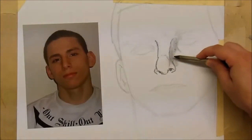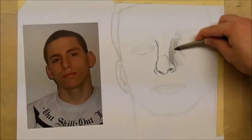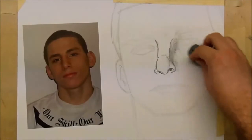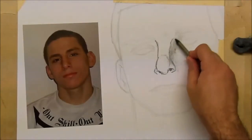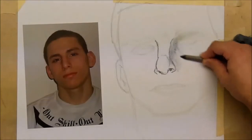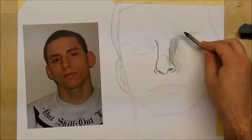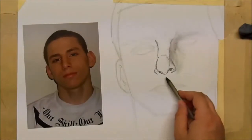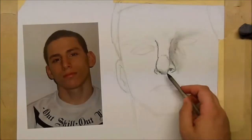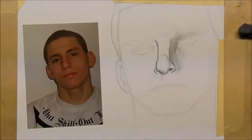Like if you look at a lot of classic drawings and other drawings, like Renaissance drawings, they use a lot of lines just to define the objects. Because you got to remember, it's a drawing, it's not a photograph. You're putting your own artistic style to it. So real quickly that, and then you got a little under here. I'm just looking at where the shadow is, and this tool is great for doing this. You have a little shadow here. And then